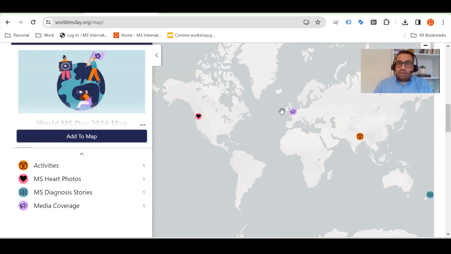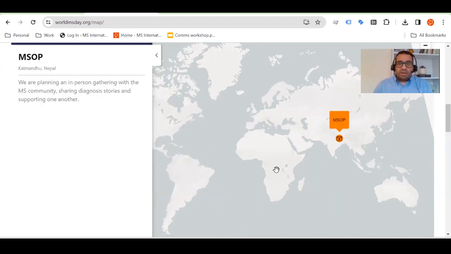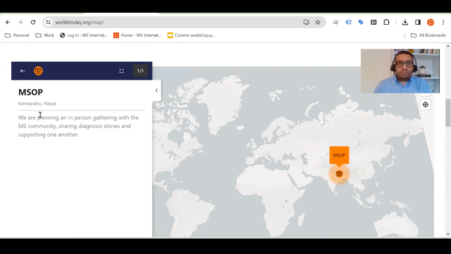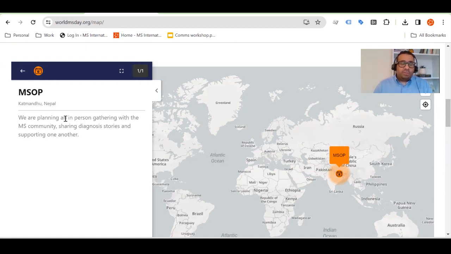When you reach here, you can either click directly on what shows on the map, zoom in and out, and see what sort of activities are carried out or organized across one country. Or if you're more interested in categories, you can press here and it will show you where they are. So that is an event, and under this, it tells you the city, the country, and a brief description of the event.